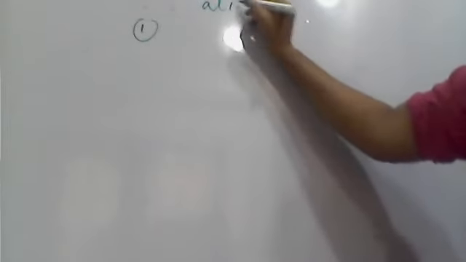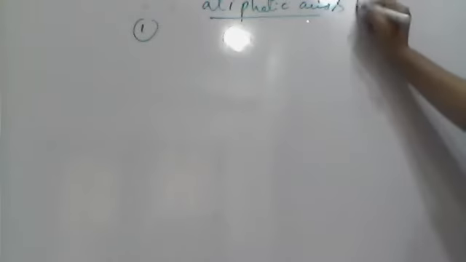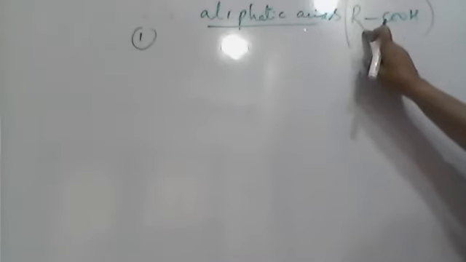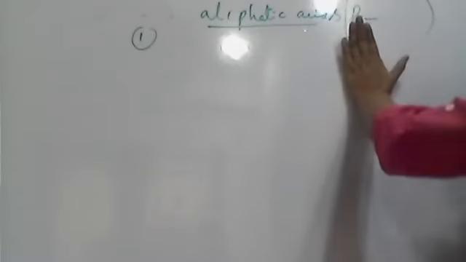Say that it is aliphatic carboxylic acid. Aliphatic carboxylic acids means the general formula of aliphatic carboxylic acids is RCOOH, where COOH group is the carboxylic acid functional group, where R is an aliphatic straight chain or cyclic chain, but does not have any conjugated system. So I'll open this chain. This is the COOH group.